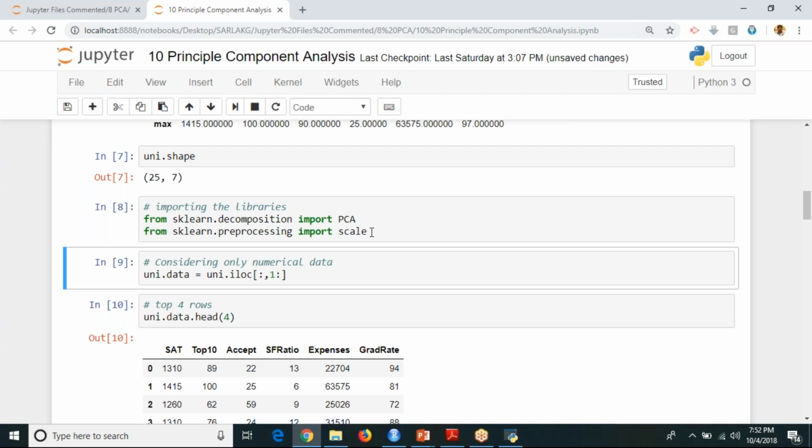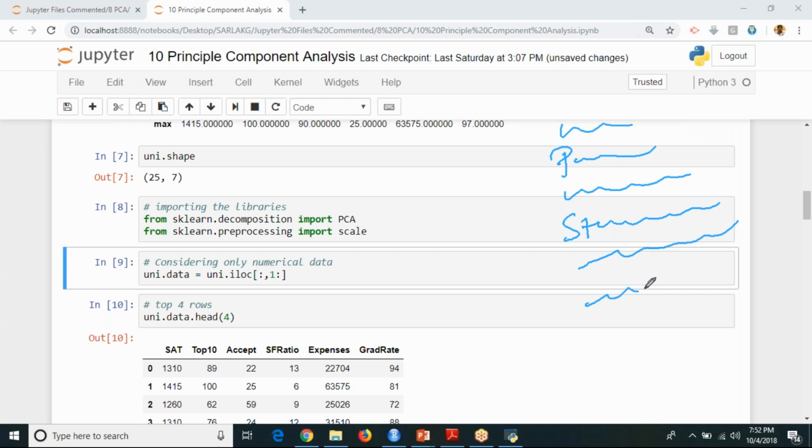Hardly in Python, you can remember 7 to 8 simple basic ones, like NumPy, Pandas, matplotlib.pyplot, and statsmodels.api, and sklearn.preprocessing.scale or sklearn.decomposition, and like this.